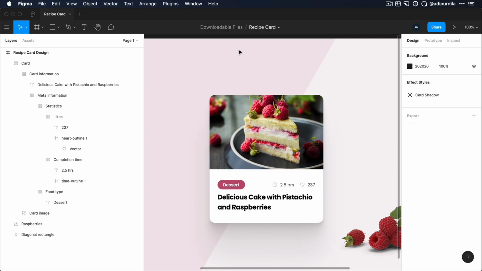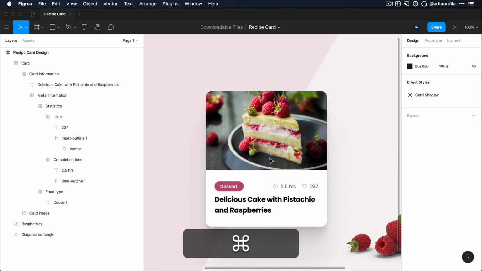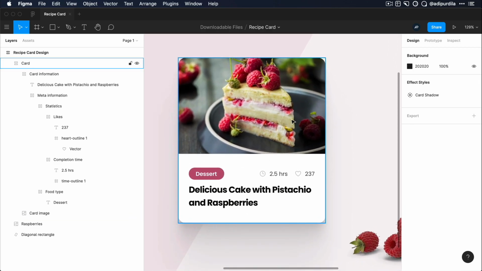Now, to remind you, this is the card that we designed last week. Very simple. We have basically an image, some meta information here, and a title. If you didn't see that video, you'll find a link to it down below, and you'll also find a link to this Figma file